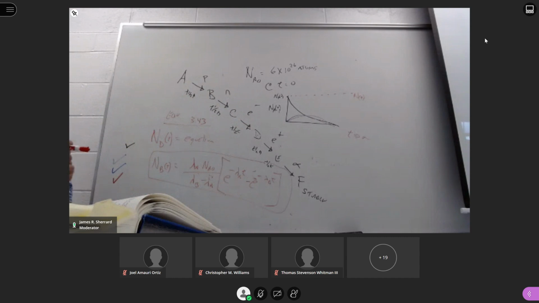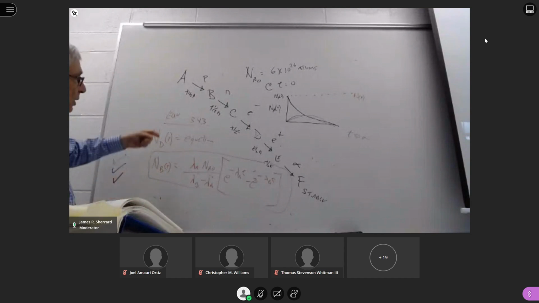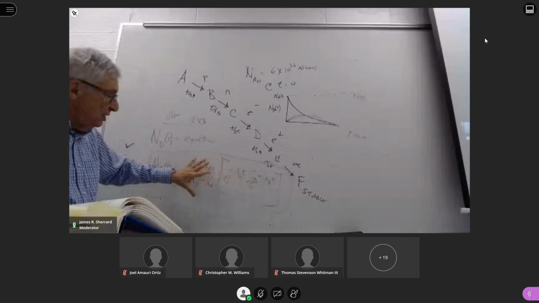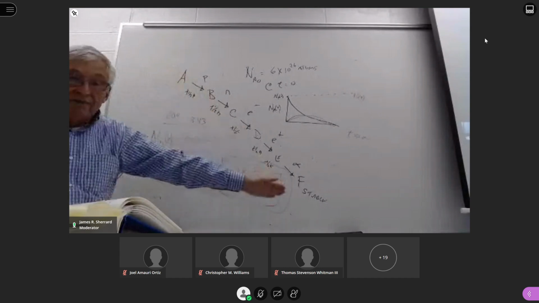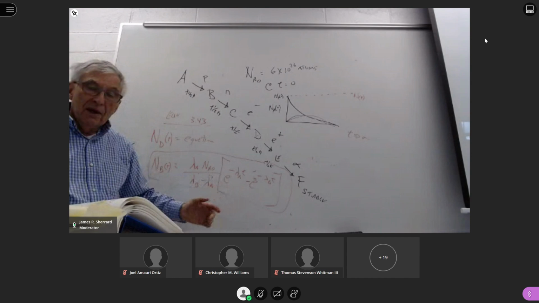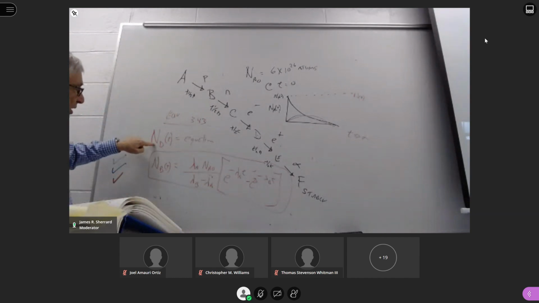So again, if you want to try to do this, take equation 3.43, and since we already know that the number of B's with respect to time will come out to this equation, no matter how many you have in the decay chain, you can play with this equation to understand it, to come up with the B's. Once you get how that mechanism works, I'm asking you to come up with the equation for the number of D's as a function of time,